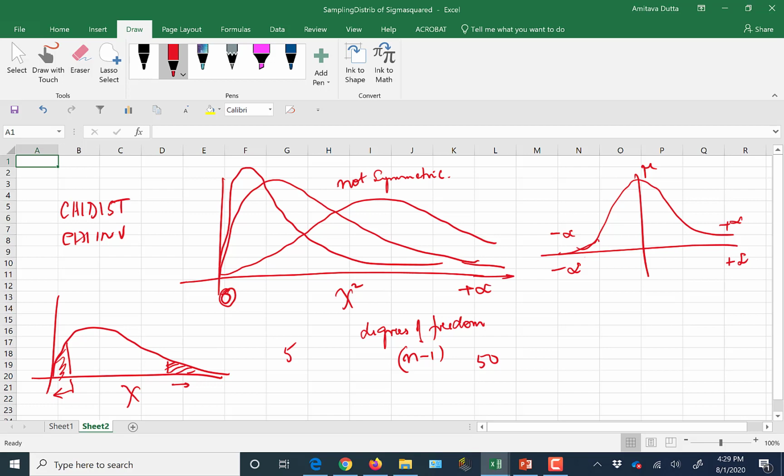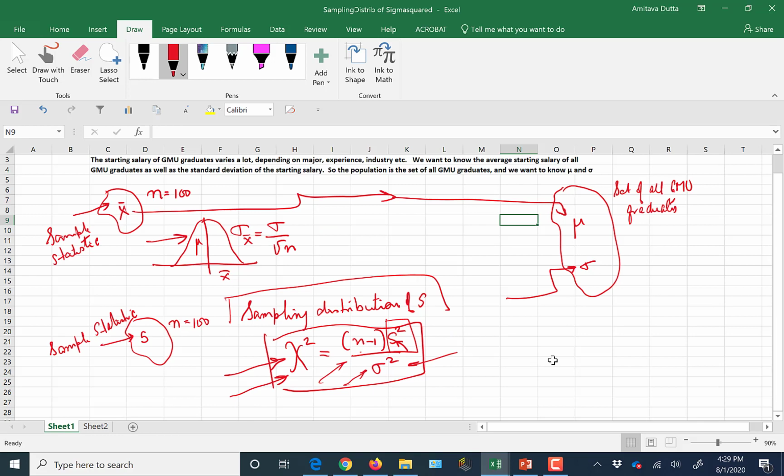In subsequent video tutorials, you will see how to use these built-in functions to make inferences about the population standard deviation. For now, just remember that in order to make inferences about population variance or population standard deviations, you have to make measurements on the sample standard deviation S. Once you make a measurement of the sample standard deviation, S is your random variable, and the critical thing to remember is we don't know the sampling distribution of S. Rather, we know the sampling distribution of this derived quantity called chi-squared, which is simply (n minus 1) S squared divided by sigma squared. So we start our inferencing with the distribution of chi-squared, and then we reverse engineer the values that we want from that